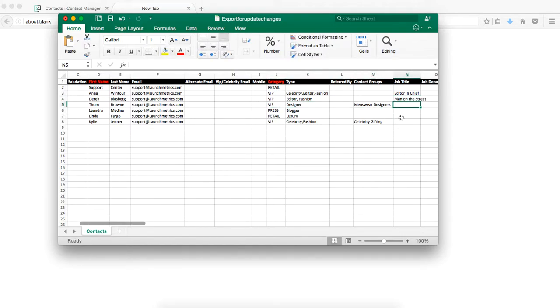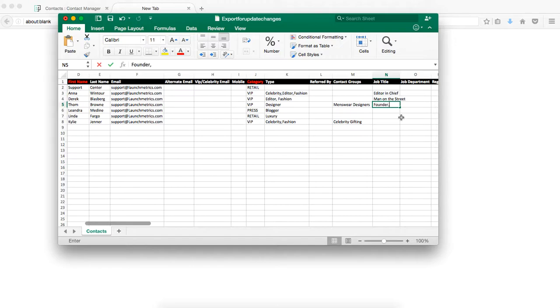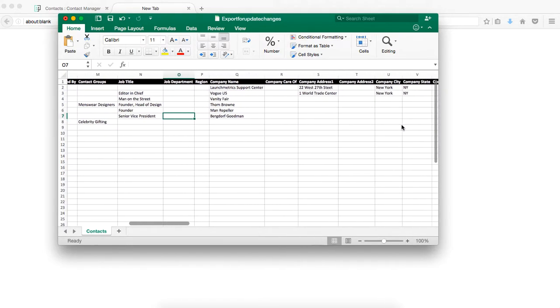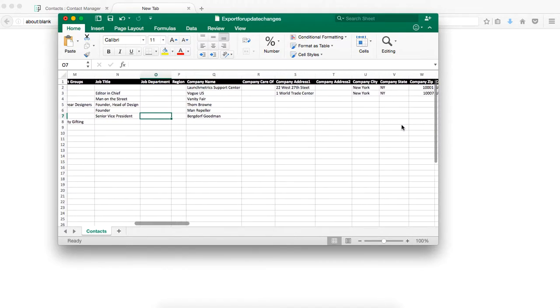Tom Brown, he's the founder, head of design at Tom Brown. Leandra Modine, founder at the Man Repeller. So very easy. I can just go ahead and fill out all these job titles. Linda Fargo, senior vice president. Now, if there are columns that you don't want the system to make any changes for, I can go